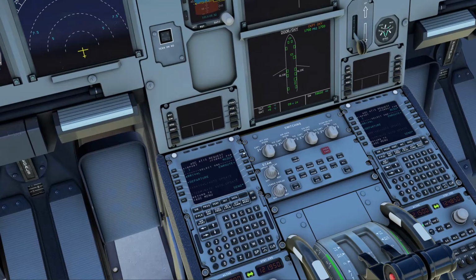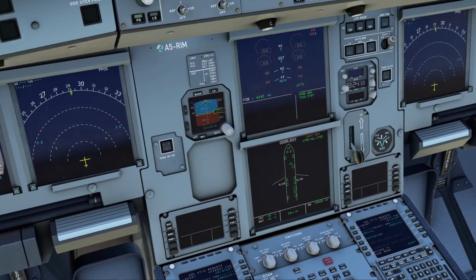Okay, I haven't seen that before, I'll be honest with you. It's interesting. Let's see if we get an ATIS here. Beta November Kilo Tango. Let's put that in. Send. We'll see if it gets me a proper ATIS.